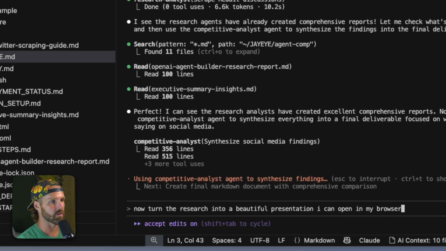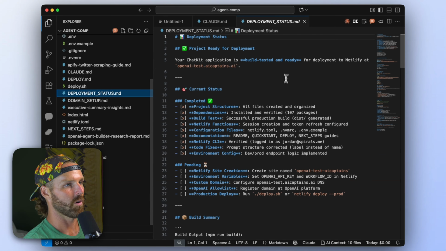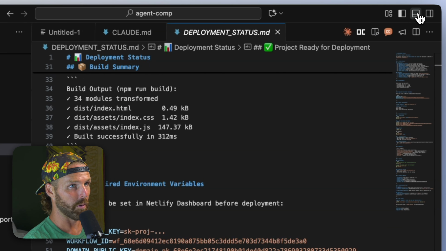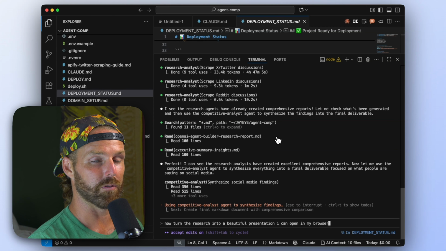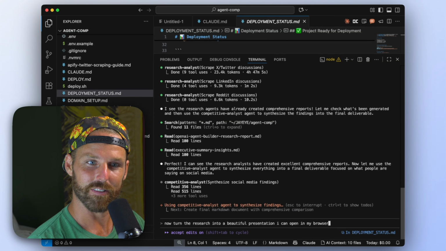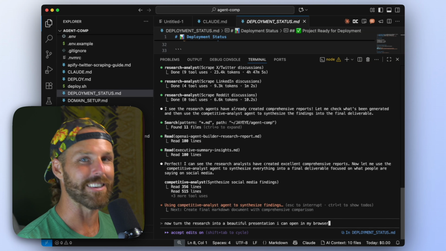When you do the research, like fine, but then when you're looking at the research like a markdown file, it's just not as exciting. But when you're able to actually see a beautiful presentation, it feels like you did something, like you've been productive. It's a dopamine hit. It's a win.